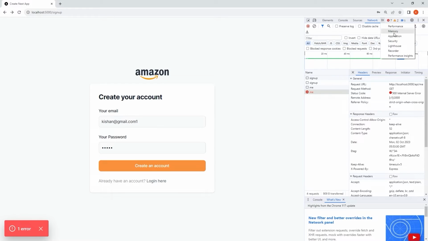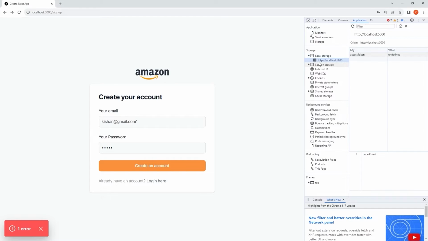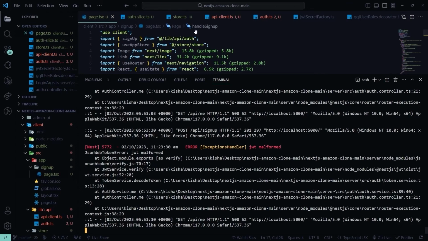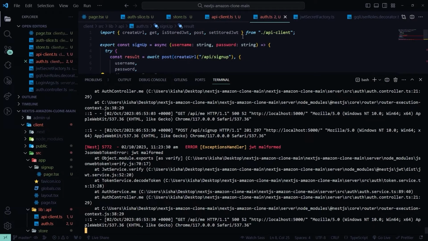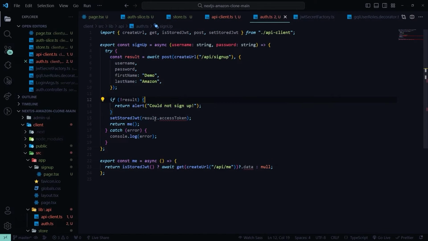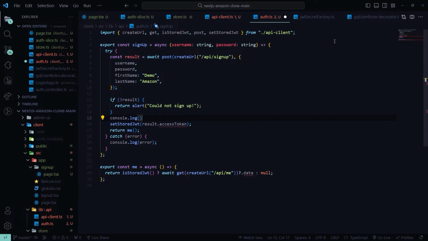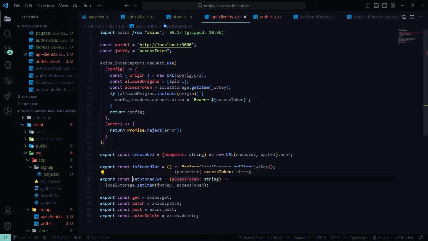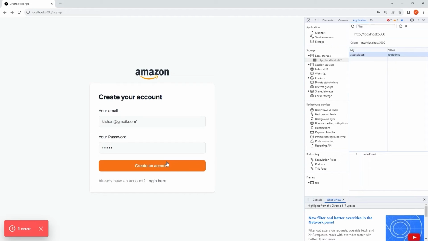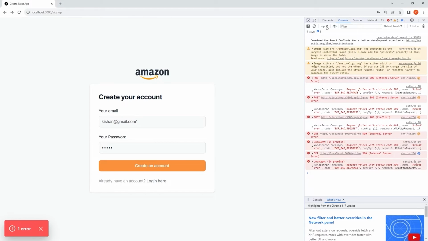So let's check it. Inside the application, do we have the local storage? Okay, so the access token is undefined here. We are not able to set the access token. So now let's head over to our auth.ts, and if there is no result, this thing, and result.access token. So result, let's check console.log result, and let's head over to sets to JWT access token local storage dot set item JWT key, and we have this access token here. Let's try to rerun this console and